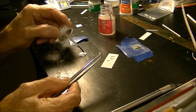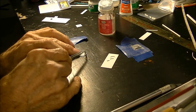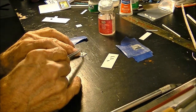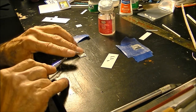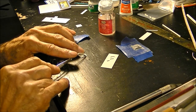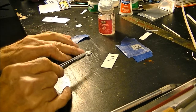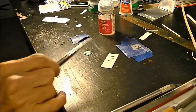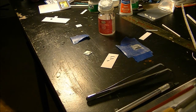and we will dab some glue on there and place the meter on and try and get it straight. I think I put a little bit too much glue on that one. Oops. But okay, now we got it fairly straight. So now it looks like pretty much an electrical panel that you would find on the side of a building where the electricity comes into the building, or actually goes through the meter and through the circuit breaker box and